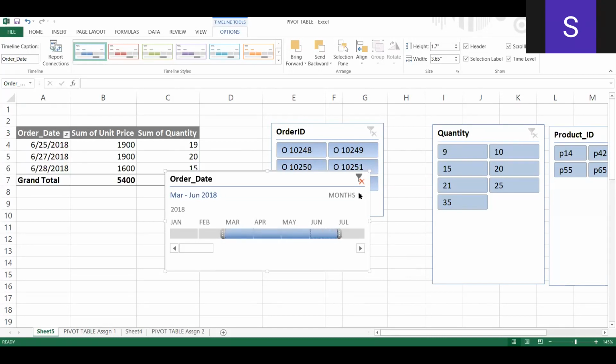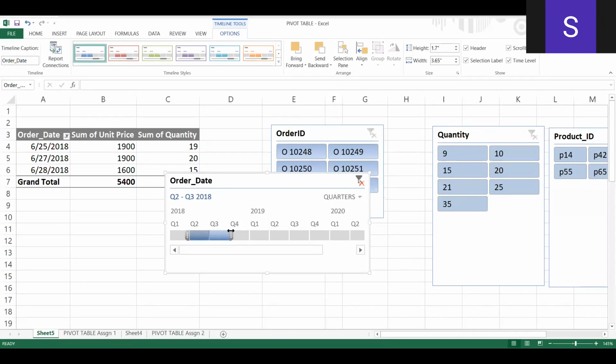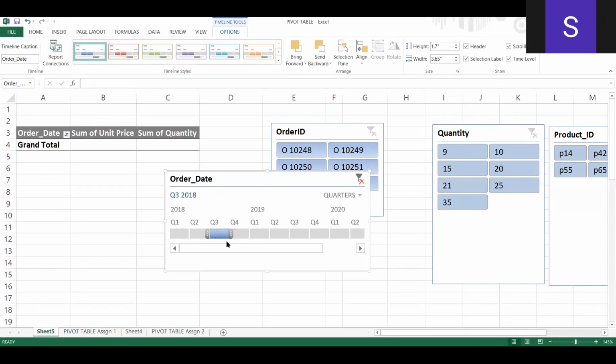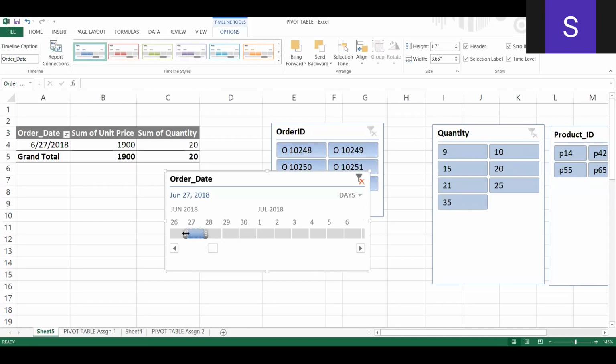Again, you can go to quarters and choose quarter 1, quarter 2, quarter 3, first 3 quarters, 2 and 3 quarters, 3 and 4 quarters, like that. So there are no such records. Same for days. So you can see your data in many ways.